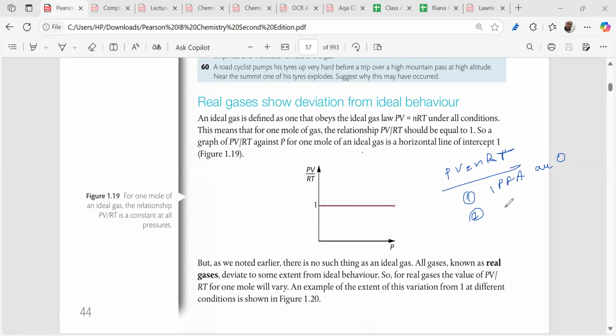Second, what did I tell you? The total volume of the particles is approximately negligible. It's equal to zero in comparison to the total volume of the gas. Is it clear to you? The particles of the gas are almost negligible, right? The volume of the particles of the gas is almost negligible in comparison to the total volume of the gas. Did you get my point, right? So this is a very important point we have to think about.